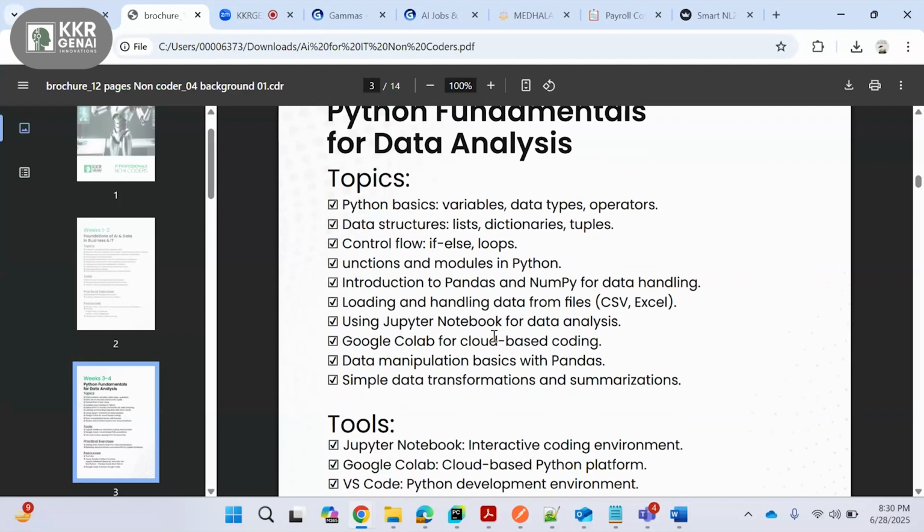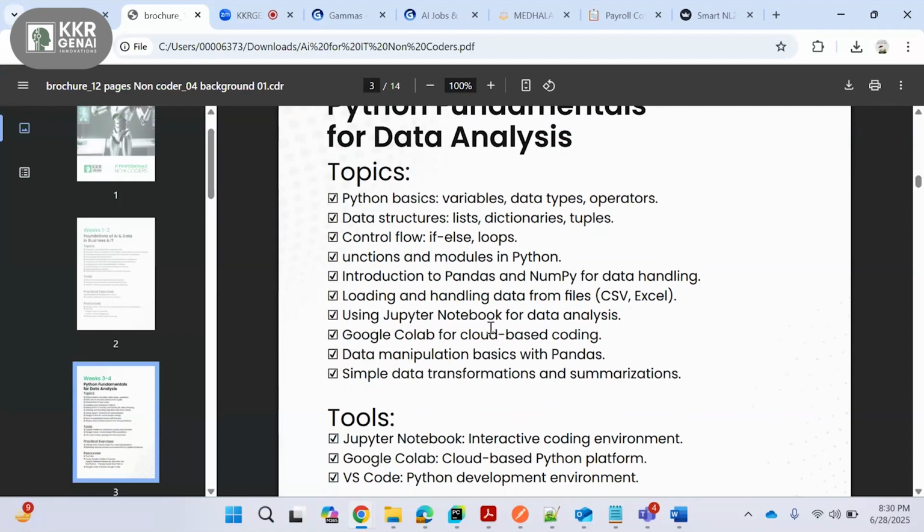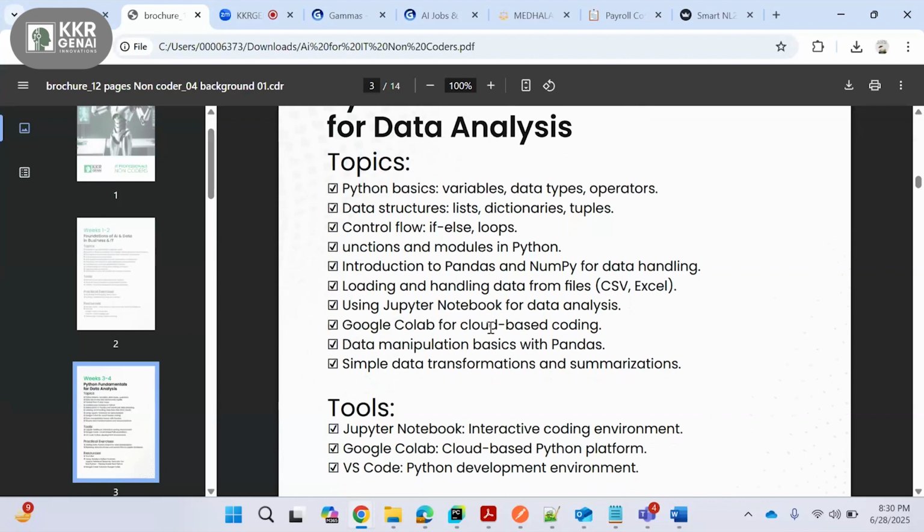The one which we have seen here: NumPy and pandas, regular explanation, and how to load CSV, Excel, JSON, Parquet, or Joblib files as part of data loading. We are going to learn similar things in Python fundamentals for data analysis. Here you are going to learn the entire Python programming language, which is very simple. You don't need to worry about the syntax and everything, which will be taken care of by our expert team,